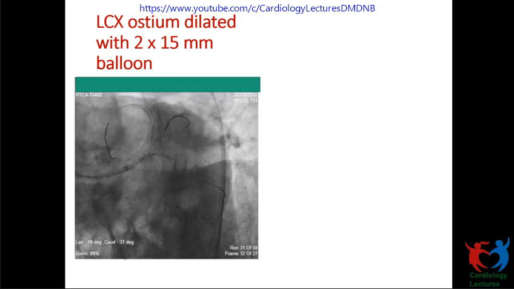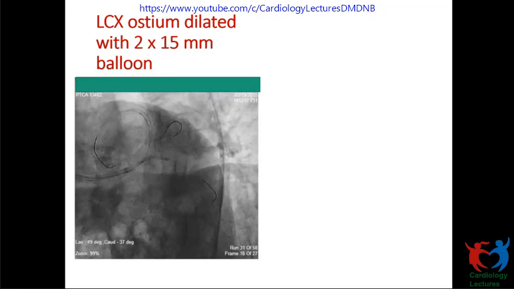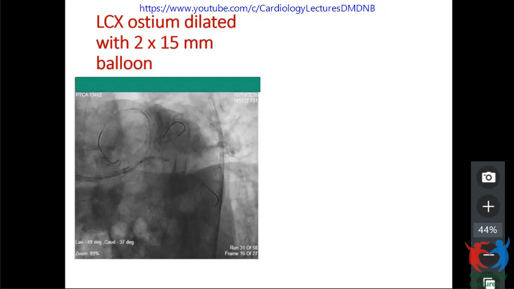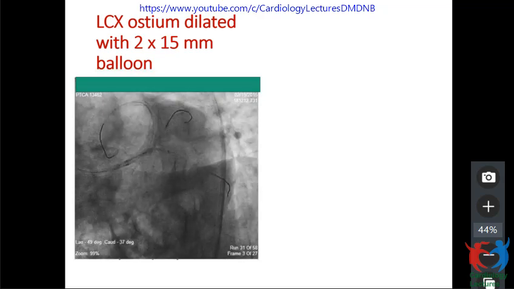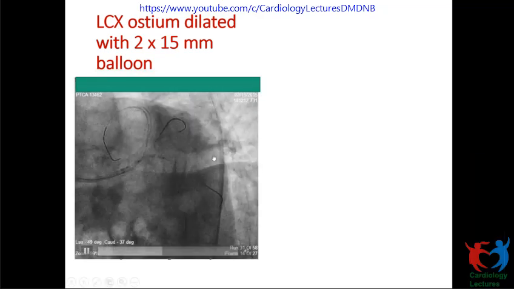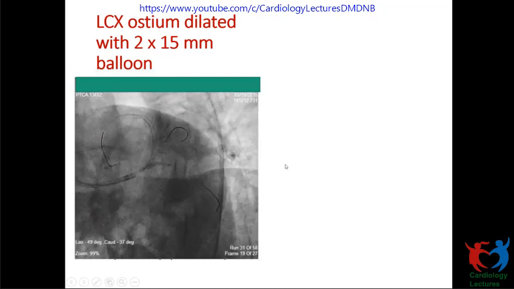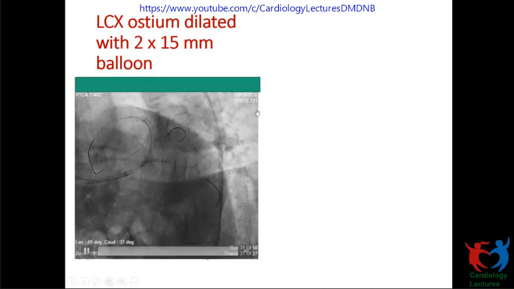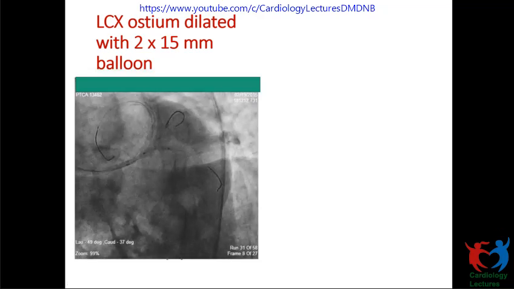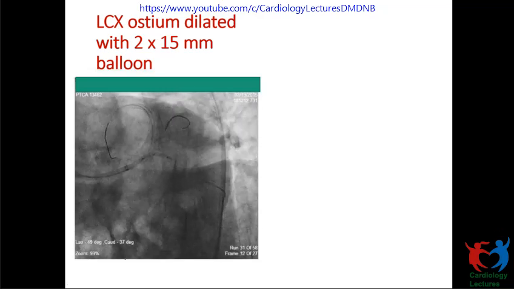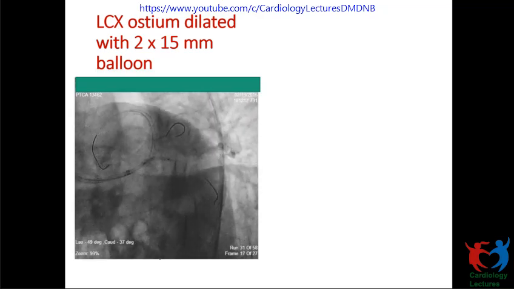For mini crush and DK crush, we should be choosing proximal or middle at least. And for provisional, because if we have to convert this provisional into two stents, then we go mostly for T or culotte, so in both cases we should be doing distal stenting. There are many techniques described. People discuss a lot of techniques, how to be certain whether we are going through the distal stent strut or proximal stent strut. So we can discuss that if madam has time.